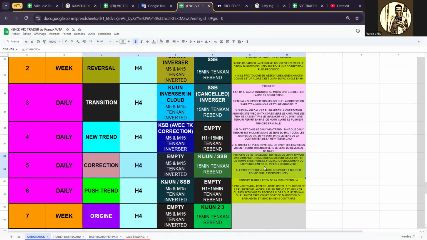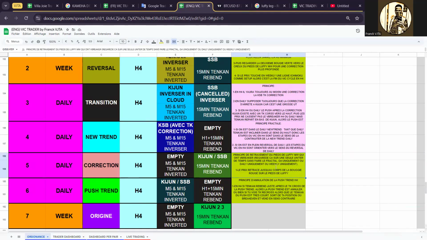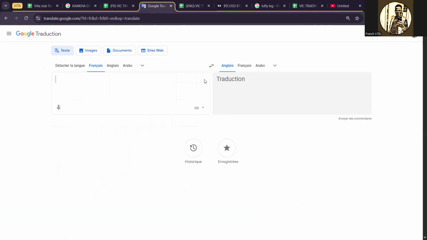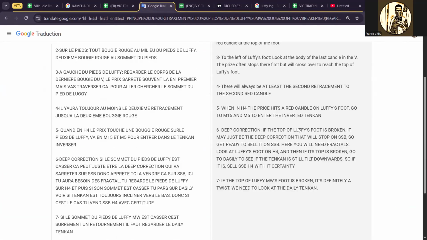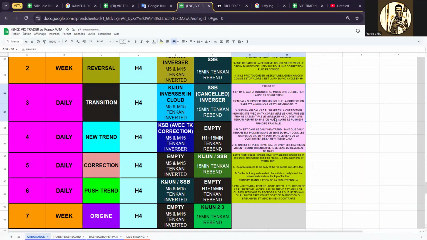So that is what I'm explaining to you about the Luffy leg just right here. I'll just translate it in English. All of this explanation of this place on this correction, I explained to you just at this level. So now let us look at